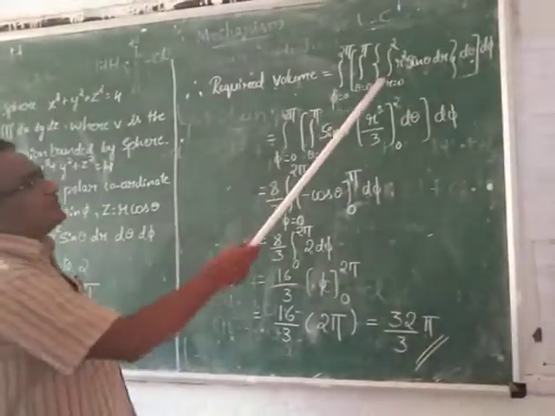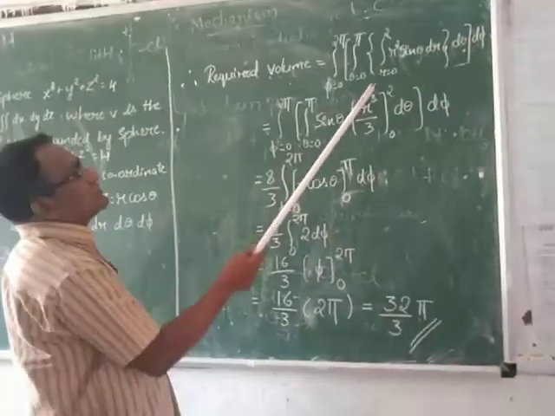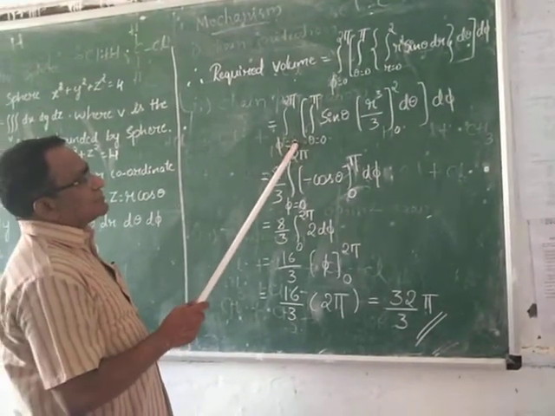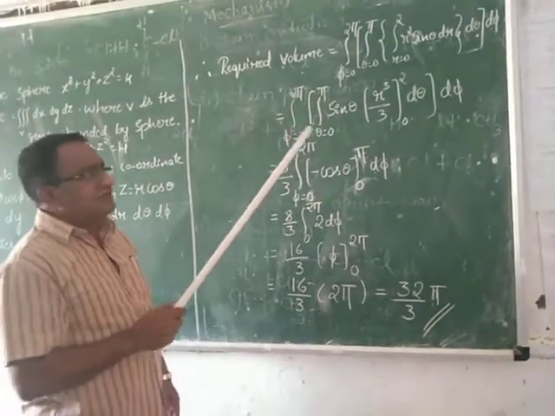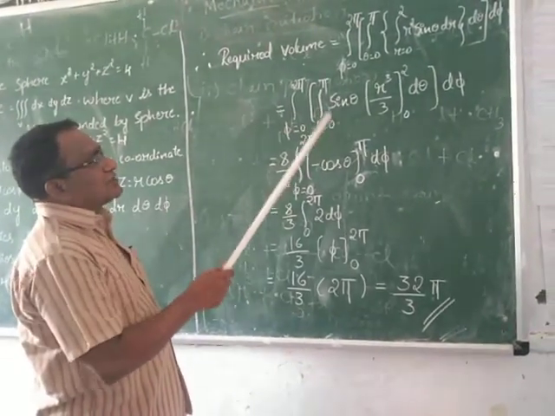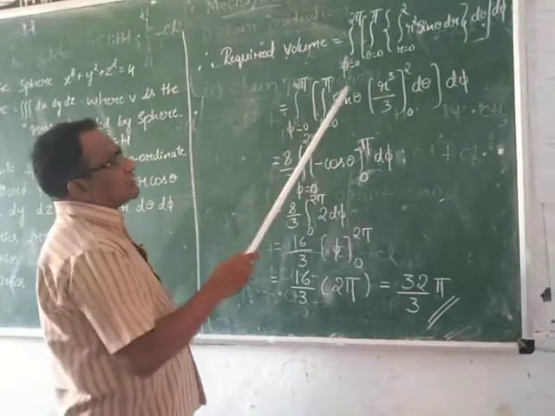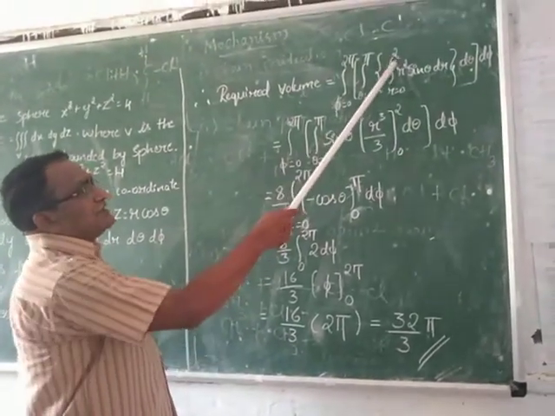So here also let us integrate this with respect to r first. So I write integral from phi equal to 0 to 2 pi as it is, integral from theta equal to 0 to pi as it is, sin theta is a constant, put it as it is,